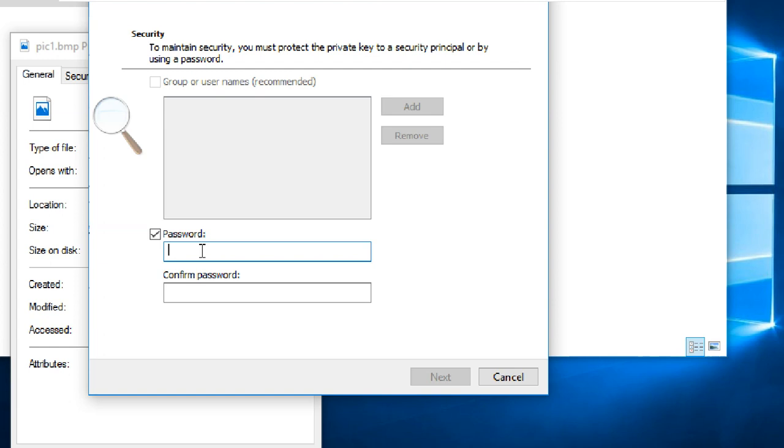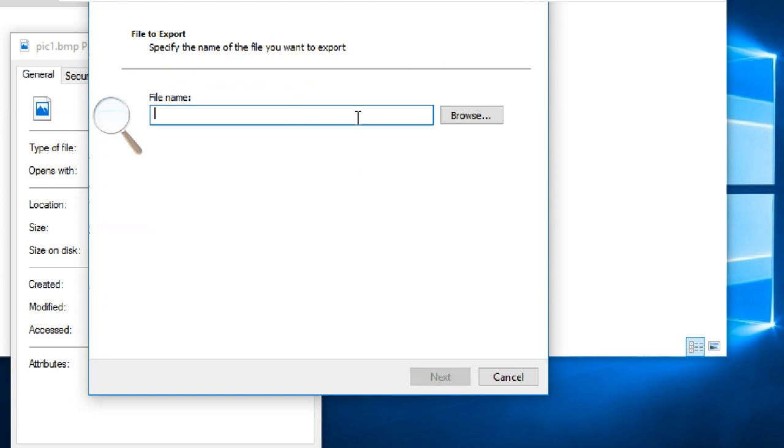I'm giving a simple password, ZAQ1234. I'm not giving my own password. I'm just giving ZAQ1234. Next, file name.